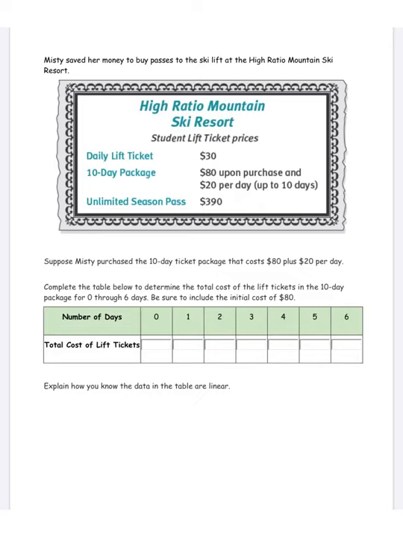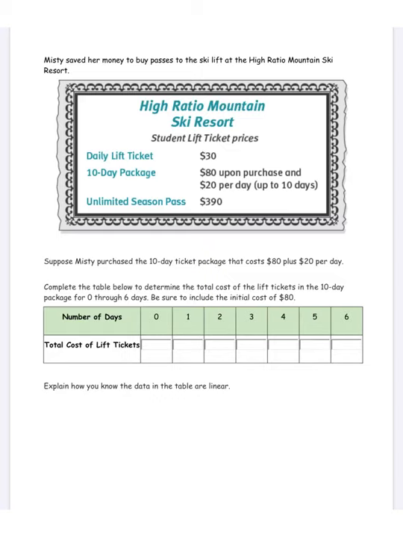This lesson is going to take a look at the meaning of the slope and the y-intercept in context of a particular question or story problem. So let's take a look at this problem. It says Misty saved her money to buy passes to the ski lift at the high ratio mountain ski resort. And then it gives you a table and tells you about the different prices of the different kinds of tickets